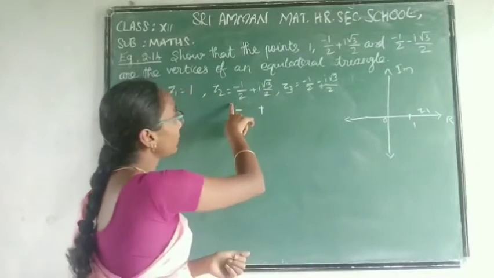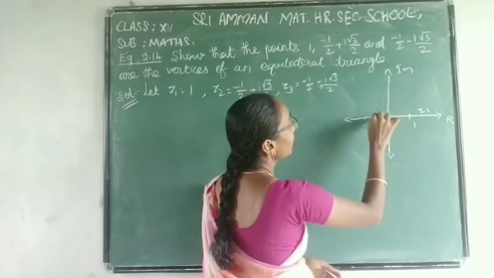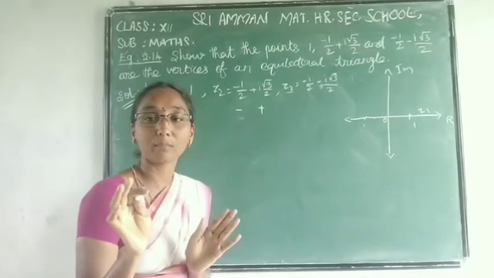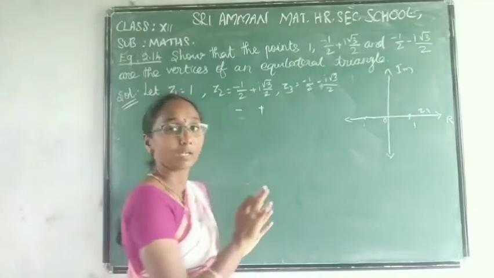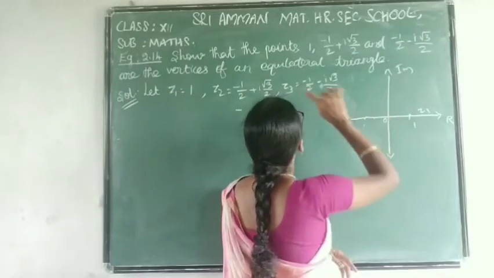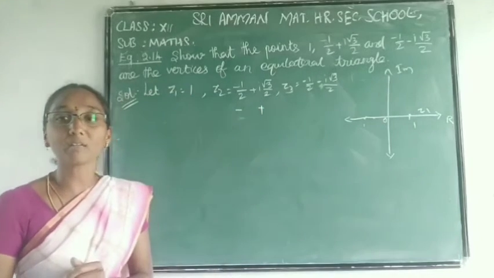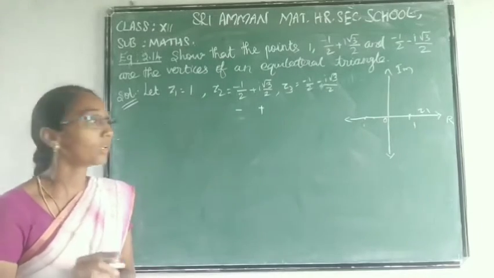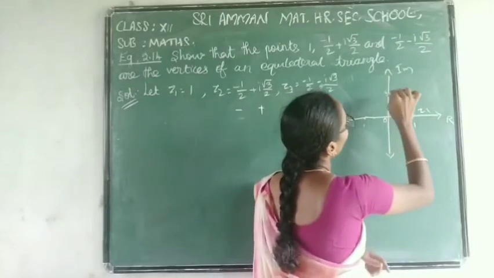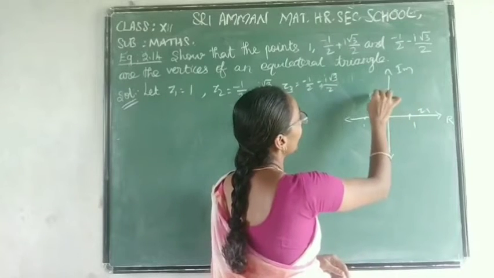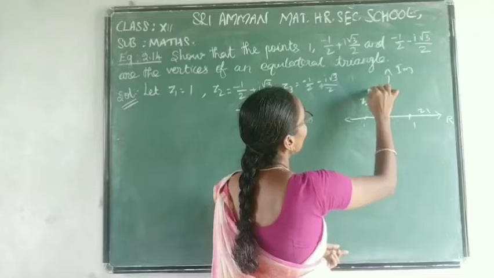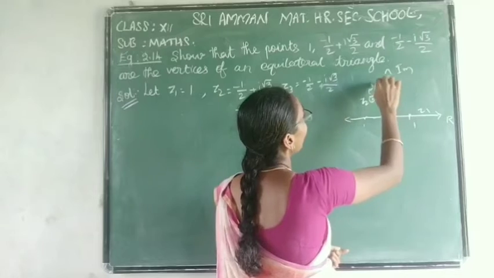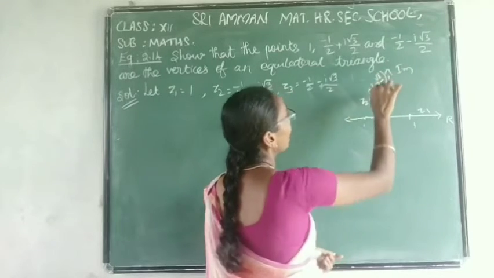So minus 1 by 2. You only need to imagine it, there is no need for an exactly accurate point in this diagram. So here minus 1 by 2, root 3 by 2. The value of root 3 is 1.732, so root 3 by 2 is approximately 0.8. So this one is z2, the point (minus 1 by 2, root 3 by 2).